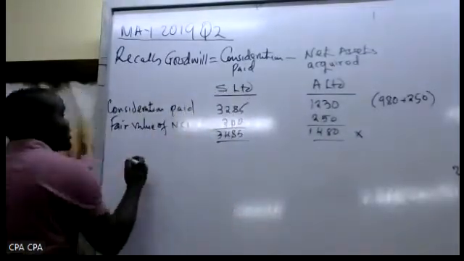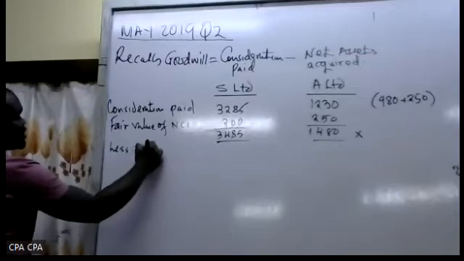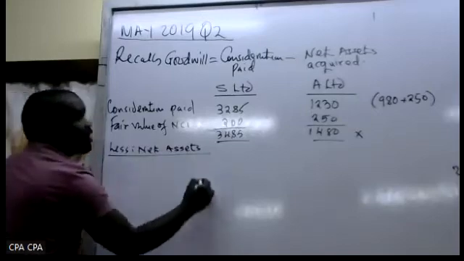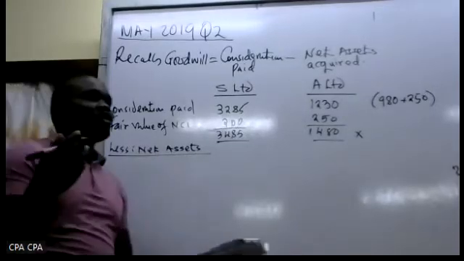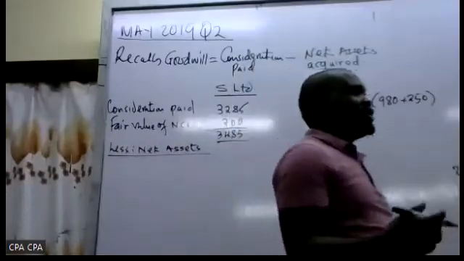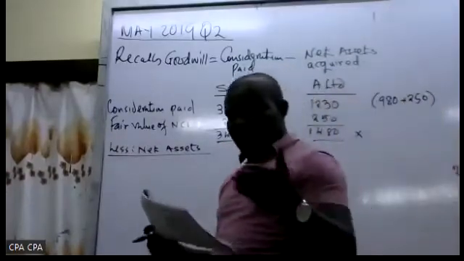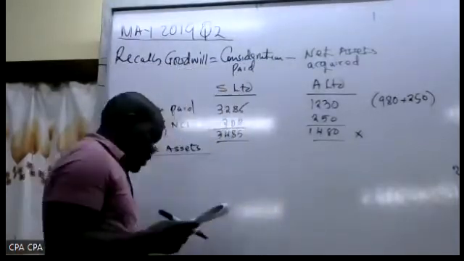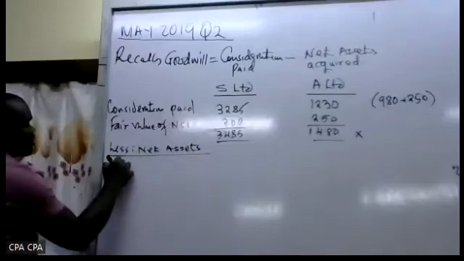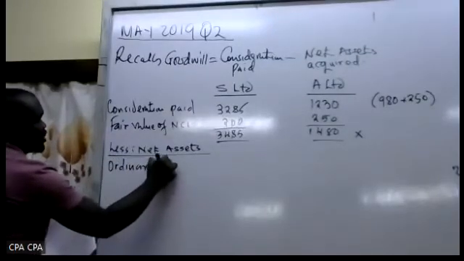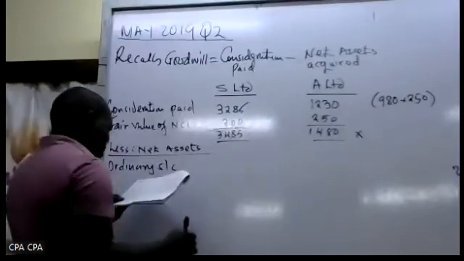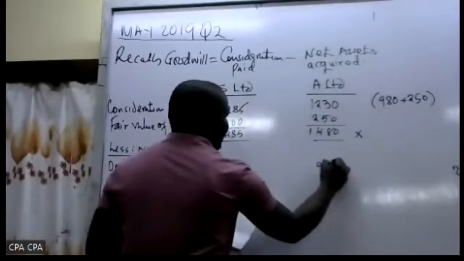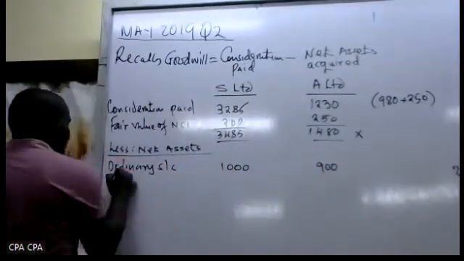Then we less the net assets. How do we get net assets? We take equity components. Yes, which are the equity components? Ordinary share capital, share premium, retained earnings, and revaluation. So go to equity in the balance sheet. We have ordinary share capital of S and A. Are you seeing the 1,000? And 900. Share premium